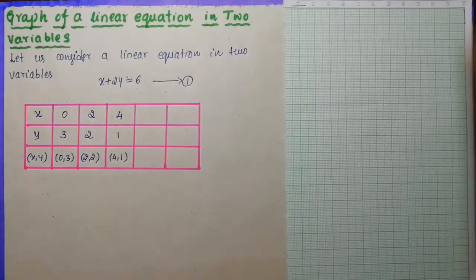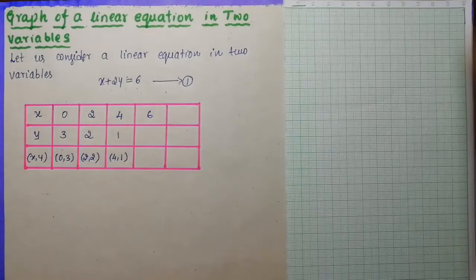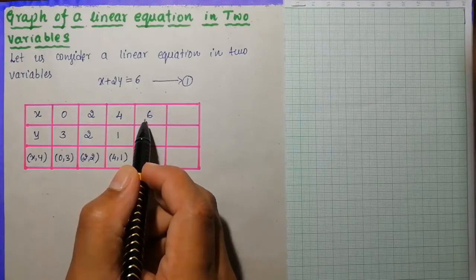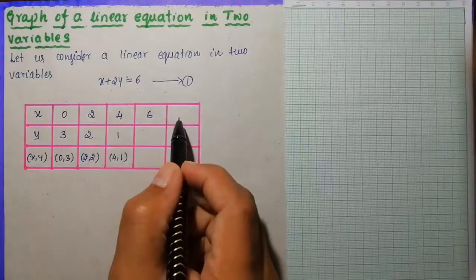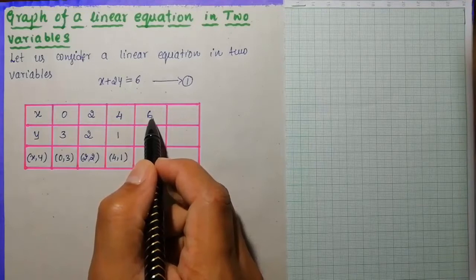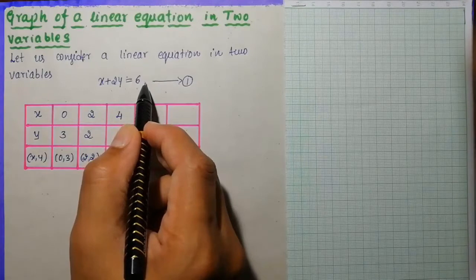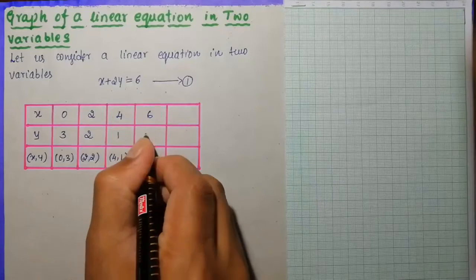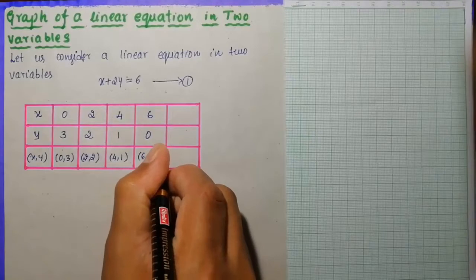In the same sense, you can put one more value, 6. Okay, x is equal to 6. You can choose any value. If you want to write down 5, you can write down 5. I'm not going to write down 5, because you will get a fraction. In the next step I will put 7, and I'm going to calculate for you. So for x is equal to 6, 6 minus 6 will become 0, and then y is equal to 0 by 2, which is 0. Therefore the point will become 6 comma 0.